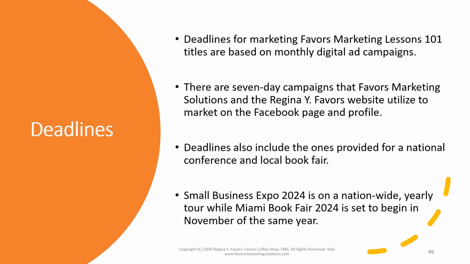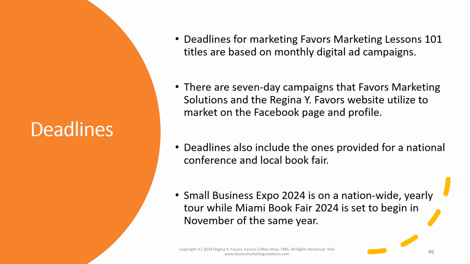So then deadlines: the deadlines for marketing Favors Marketing Lessons 101 titles are based on monthly digital ad campaigns. There are 7-day campaigns that Favors Marketing Solutions and the Regina Y Favors website utilize to market on the Facebook page and profile. Deadlines also include the ones provided for a national conference and local book fairs. So the Regina Y Favors website will continue to market and exhibit and promote and sell at the Miami Book Fair